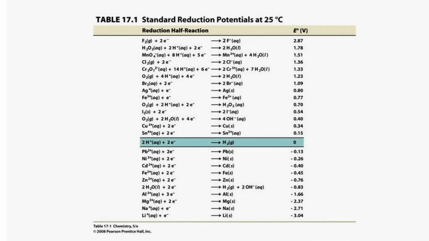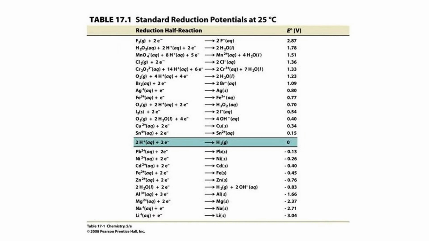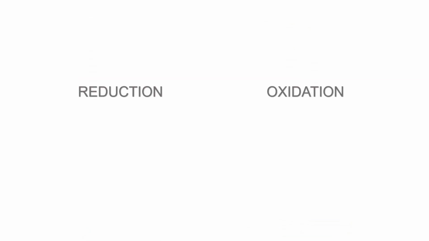At each half cell, a reaction occurs. The species that is reduced or oxidized depends on the relative reduction potential values. The more positive the value, the more likely reduction will occur. Consider an example of a redox reaction between copper and silver ions to produce copper 2+ ions and silver metal. The two half reactions are: